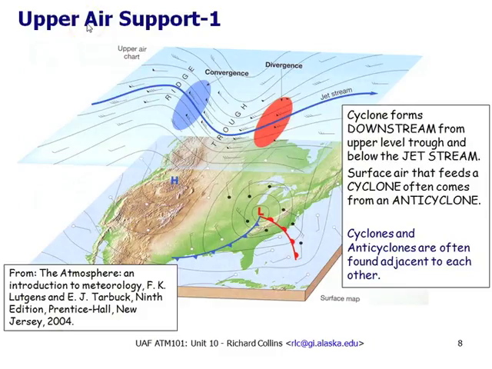This view is seen here where we show an upper air chart. These would be constant altitude contours on, say, a 500 millibar map. Wind is flowing from west to east, meandering slightly between the contours as the contours meander, the jet stream through the middle of it all, the highest winds. And again, we see ridges and troughs, a ridge where the contours head upward or northward, and a trough where